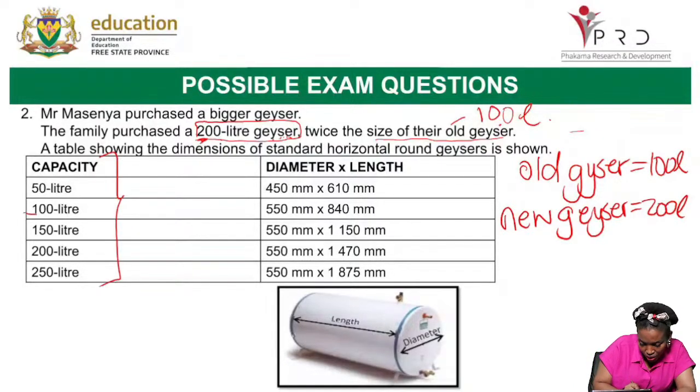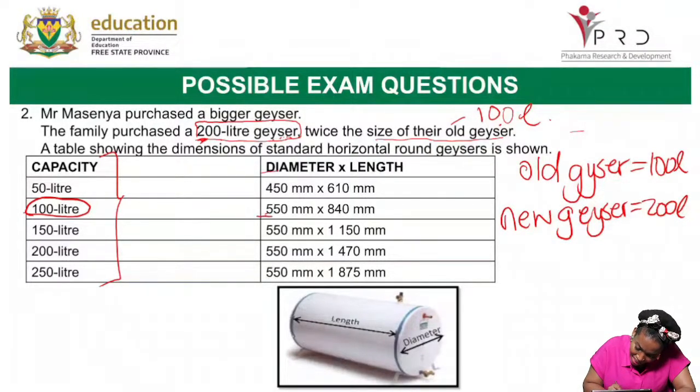Our focus here is on the 100-liter that they used to have, the old one. The dimensions of that old heater: it has a diameter of 550 millimeters. It also has a length of 840 millimeters. The new one that they bought, the 200 liters, also has a diameter of 550 millimeters, but the length now is